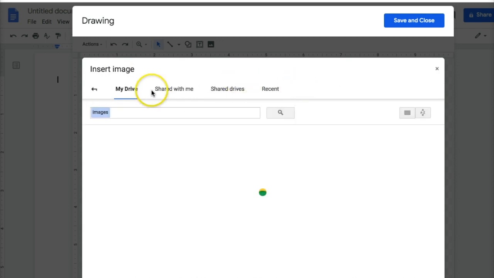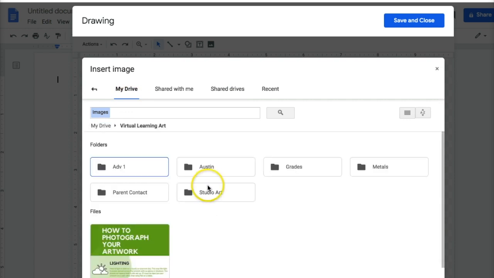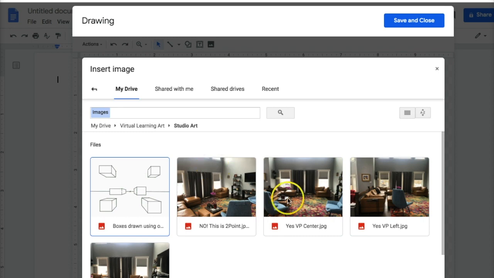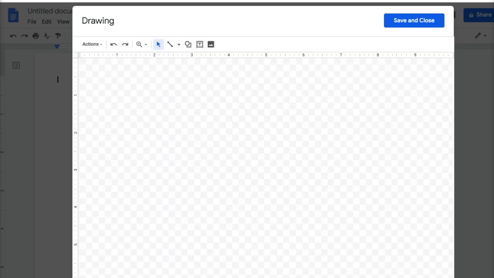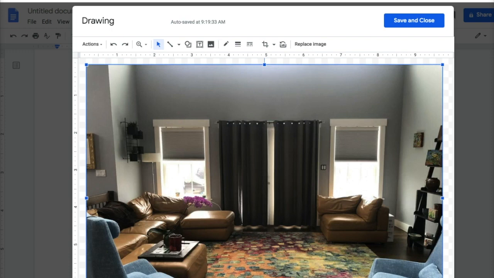So I am going to look at my Google Drive, and my pictures are in here. I took a few pictures. I'm going to choose this one for the sample. Hit select. And there it is. Once I have the picture in there, I'm going to draw at least 5 different orthogonal